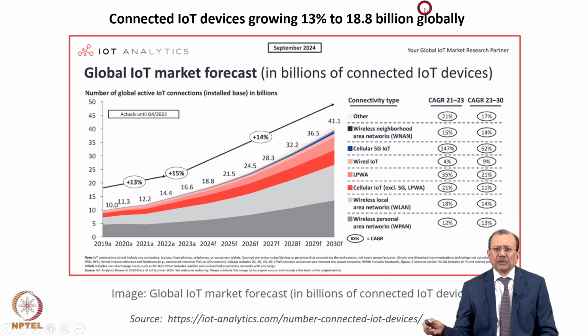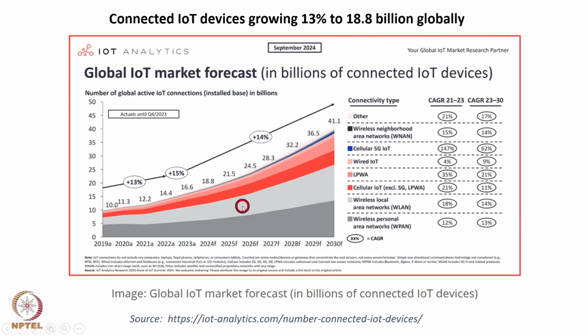Device means not only your computers, but all sorts of non-computer devices: your car, your doorbell, your phone. These are all connected devices, and nobody knows the actual number. But as per one estimate, it was 18.8 billion as of last year's December, and this is the speed at which it is increasing.